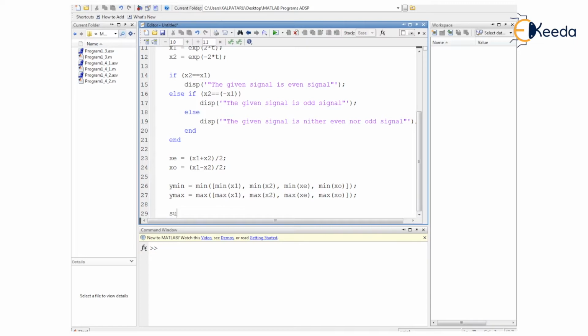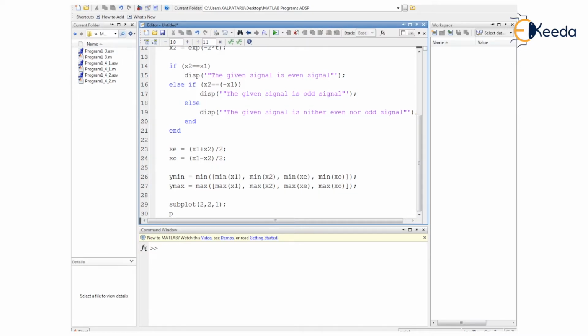For plotting and displaying, we are going to make use of subplot. Here we would like to have 2 rows and 2 columns, so let us have 2 comma 2 comma 1 as we make the first assignment. As the signal we are dealing with is a continuous time signal, for plotting the simplest command, which we also utilized in one of our previous practical sessions, is the plot command.